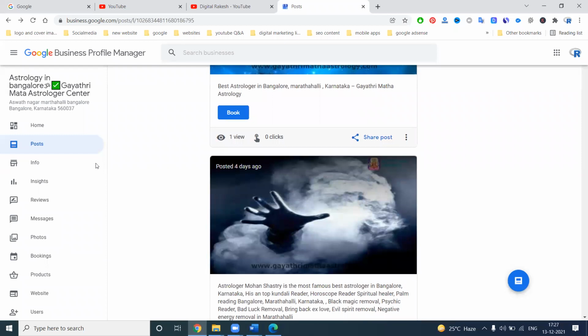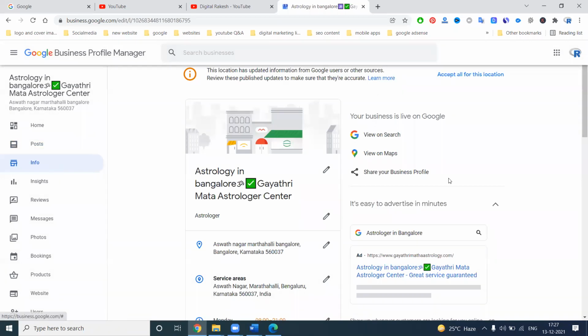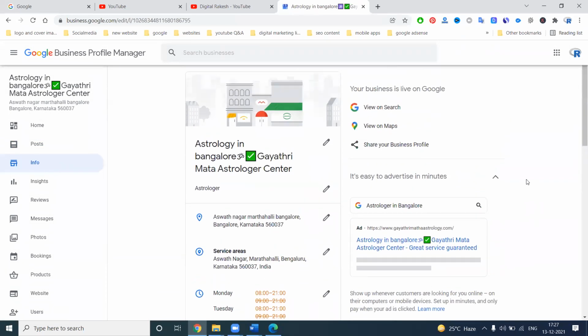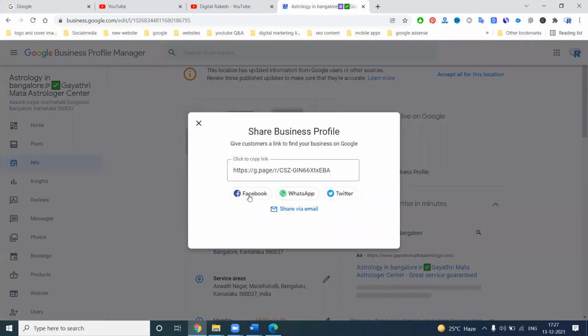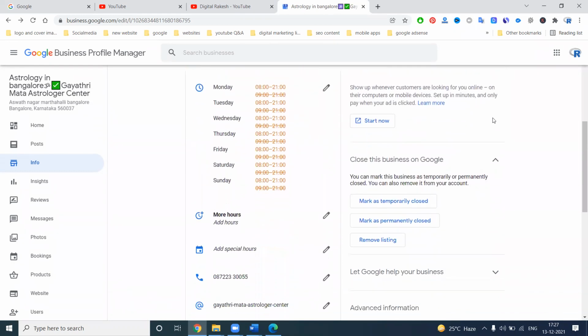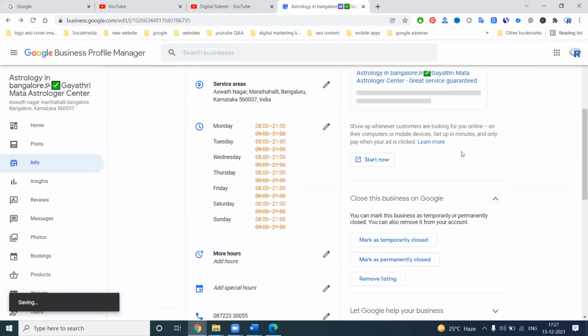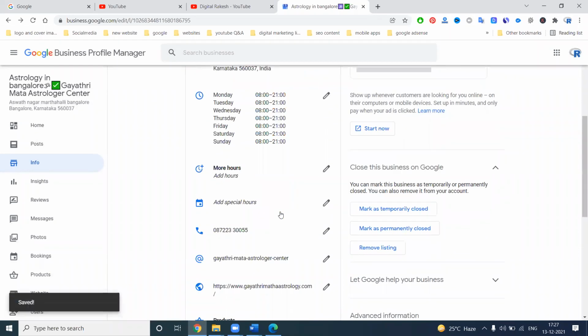If you have any doubts, or like sharing any link about Google My Business, that is all given by the option named info. We can show the customer, share your business profile, Facebook, WhatsApp and Twitter. When your Google Map is approved, they will show this share your business profile option. If the location has updated any information, they will give any kind of information. Please click accept all information on this page. Any page quality issue, anything, you can click on the information. Whatever kind of issues there are, we can resolve them and sort them out immediately here.